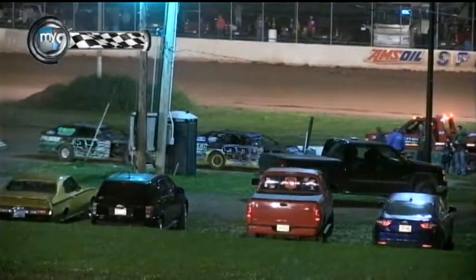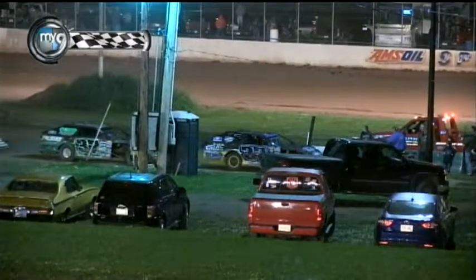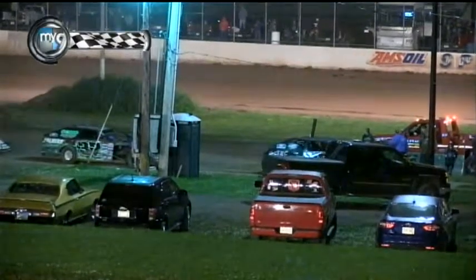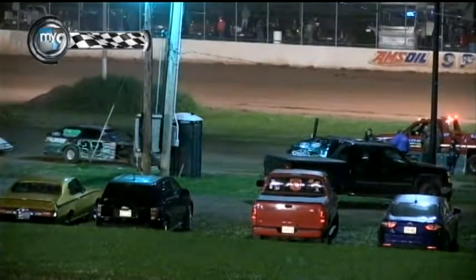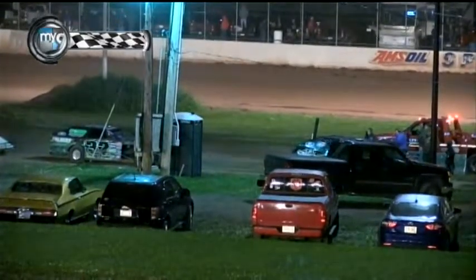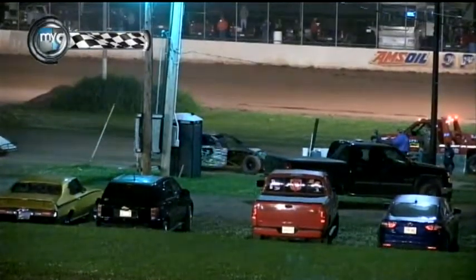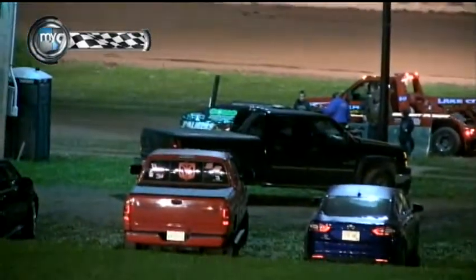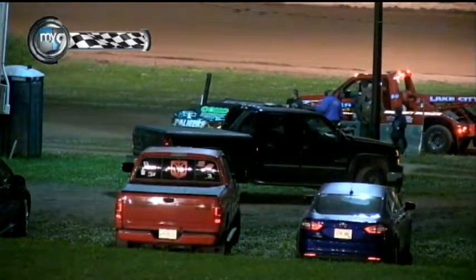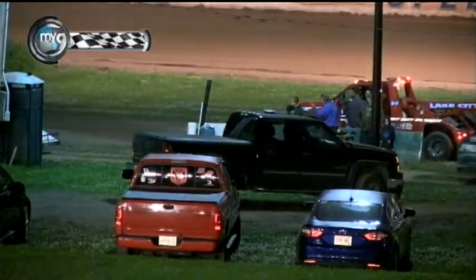Estes of Kelly Lake, no stranger to victory lane. They're both leading the point series here at Amsoil Motor Speedway. After a circus of a Midwest Mod feature, the second of the evening. Probably one of the longer features we've seen, certainly, maybe the longest, but the important thing is these guys finish it, everyone safe after a couple of crazy crashes, and Mac Esty a happy man after taking home the checkered